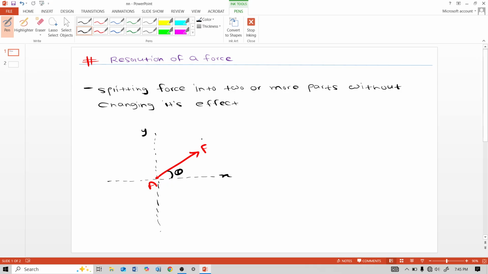So we will split this force into two parts without changing the effect of that force. How will this force come? Like this, F cos theta, and like this, F sin theta. So this F is nothing but the resolved force